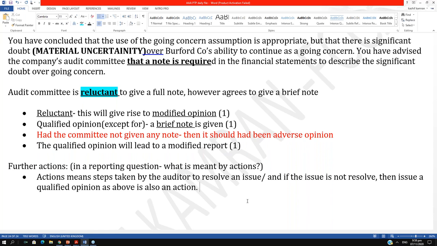Agree or disagree? Is it common sense? When the auditor issues a qualified opinion, do you believe this is also an action of the auditor? So what actions are we taking here? Are we taking actions to resolve an issue? How would you resolve this issue? Do you believe you should, as your number one action,